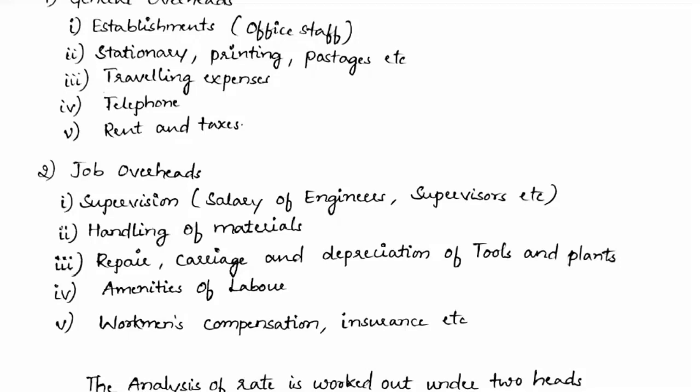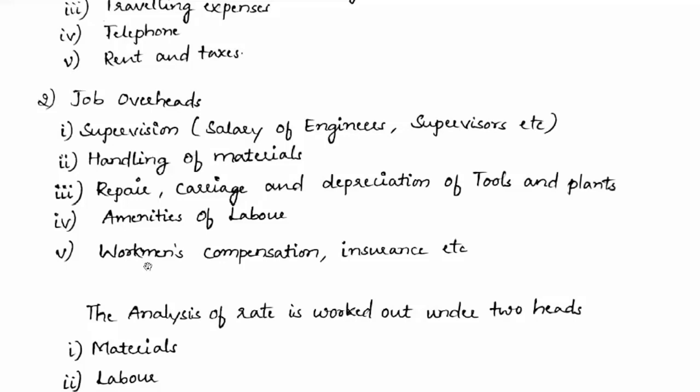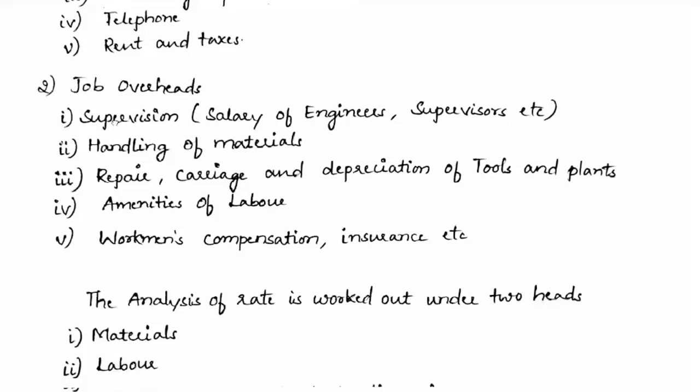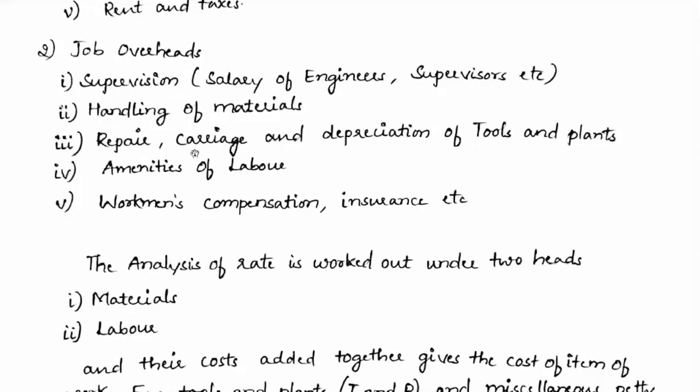You have to do the setup. Again, on a day-to-day basis, you have to supply water and electricity. Certain basic amenities have to be provided to the laborers. Right? So all those things will come under what you can say job overheads. Then next, as an engineer, when you pass out, they are going to have certain insurance for you, and for laborers also, like workman's compensation insurance, and all those things have to be provided. So all these things are not directly related to the item of work, they are indirectly related. So we call it job overheads, or in general we can call it overheads.